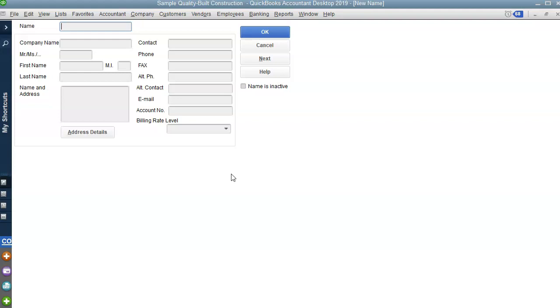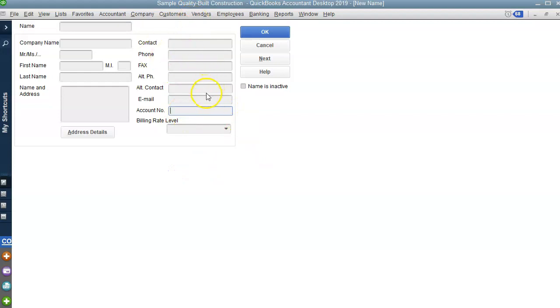That way your vendor list is not overwhelmed with these extra payees that are really not vendors. Your vendors should be your subcontractors, your suppliers, where you buy materials, places like that. But the other name list is really useful for, like I said, payees that are none of those: not customers, not employees, not vendors. And in this name list, you can put some basic, limited information, like name, phone number, email, if there's an account number,